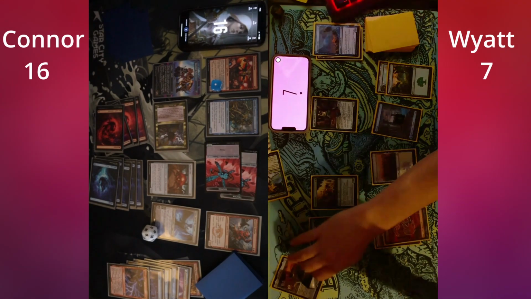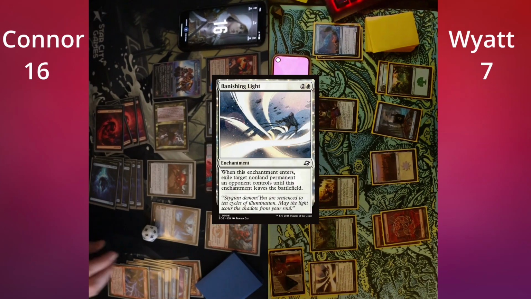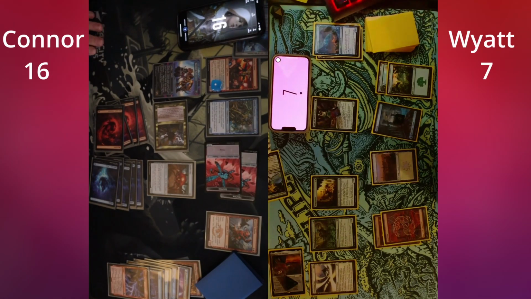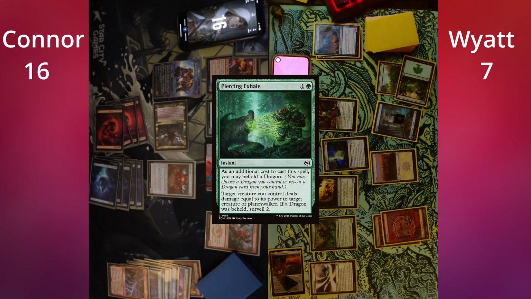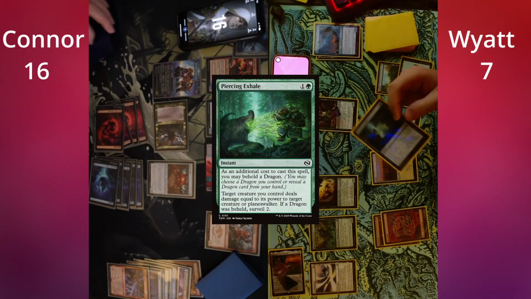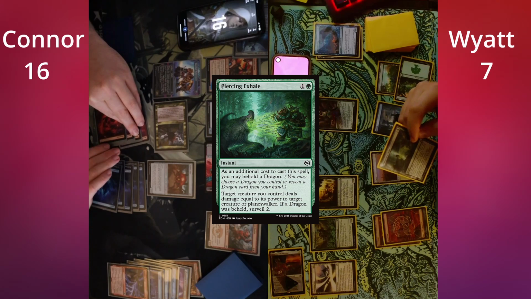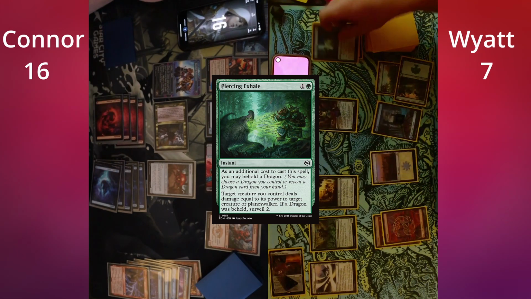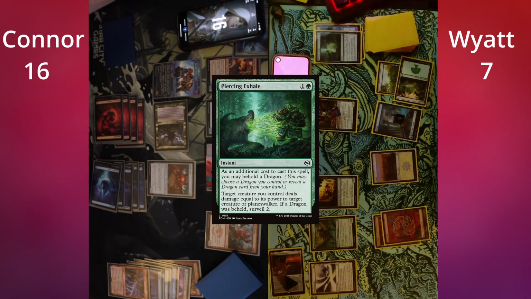I will tap for white mana this time. 21 of it. And I will put 3 into a Banishing Light targeting Ugin. Yep. Goes into exile. I will spend a green and a white for a Piercing Exhale. Yeah. I can Behold a Dragon. I don't have one. Target creature you control deals damage equal to its power to target creature or planeswalker. If a dragon was beheld, surveil 2. So I'm going to choose the Badger Mole, and I will have the Badger Mole deal its damage to...